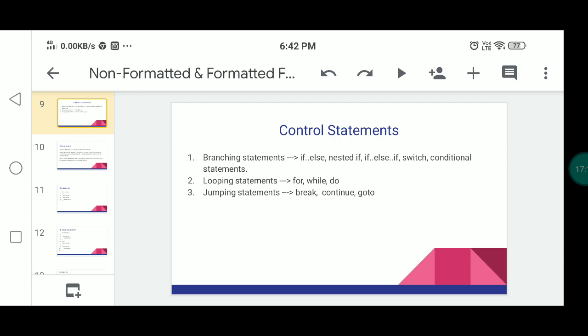These are the switch case statements. Then next, another kind of statements are called iterative statements. The iterative statements are a process where a set of instructions or statements are executed repeatedly for a specified number of times or until a condition is met. So it repeatedly executes the concerned statements inside a condition or loop. This is what an iterative statement means.